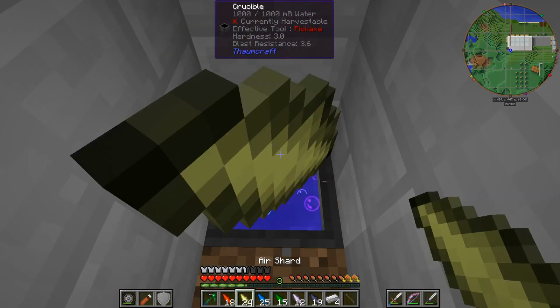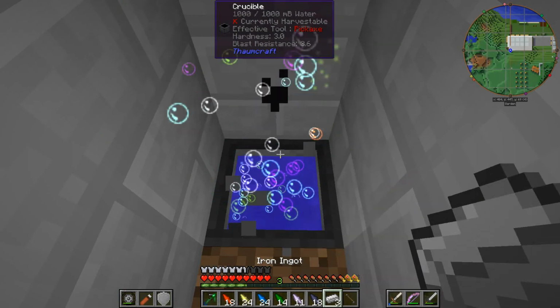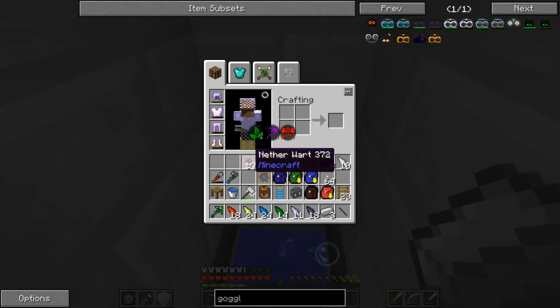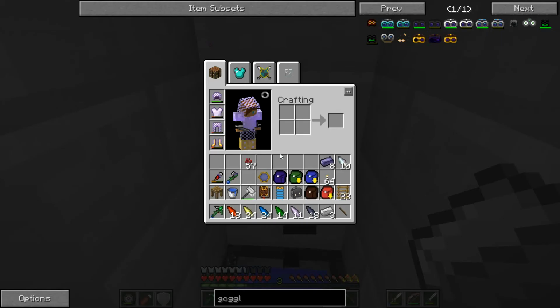One and 1, 2. Cool, so we've got our 10 balance shards. We need another 2 Thaumium ingots. Now, apparently the nether warts were supposed to be good, but it looks like they're not perfect at all. They've got Herba and whatever that other one is in there as well. I can never remember what that is. So since we need balance shards anyway, we might just...